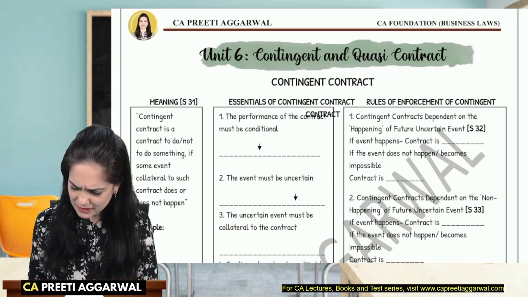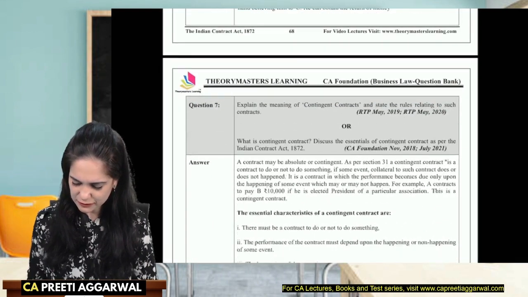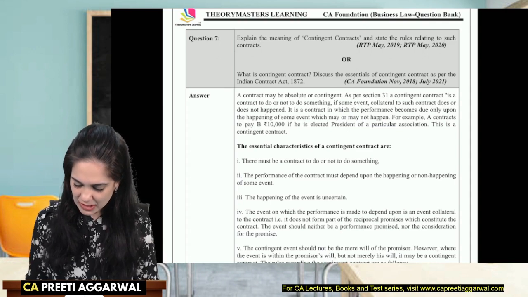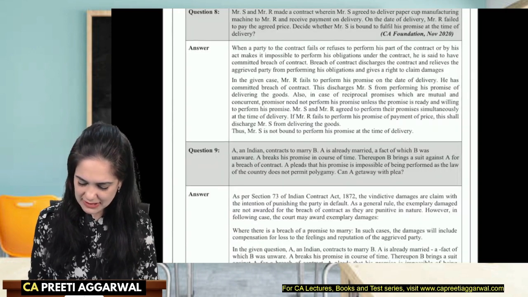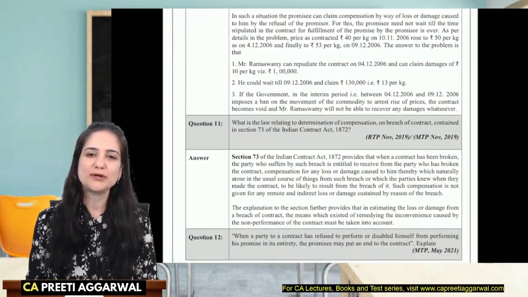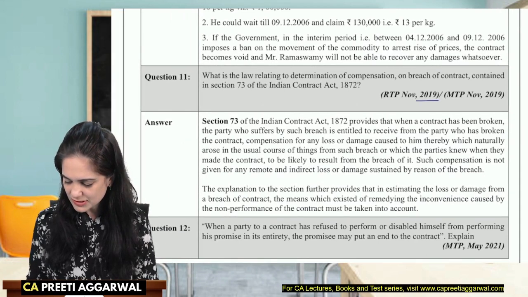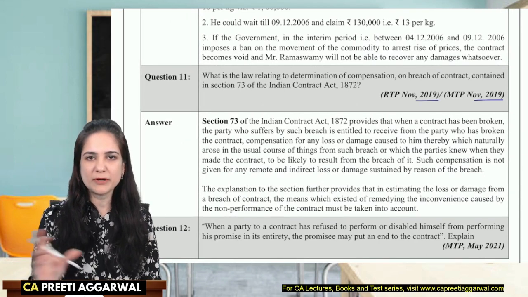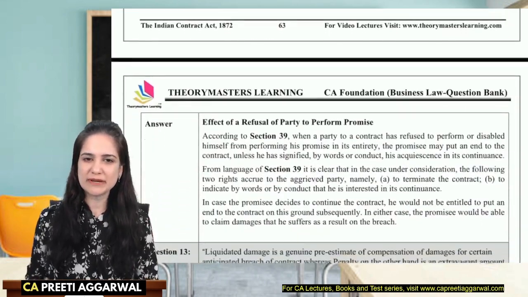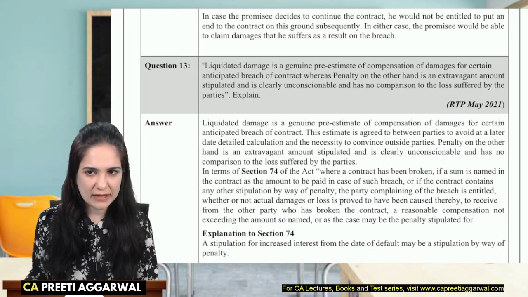What is a compiler? Yes, you are aware of it, but in case you're watching this video for the first time, this is my law compiler, which contains all the past exam questions, study material, RTP questions arranged unit wise. So you will come to know that when was a question asked in which attempt and what is the gap between those two attempts. Is it possible that they may repeat? Yes. So there is a possibility that these questions may be repeated. That trend will be understood when you go through the compiler.